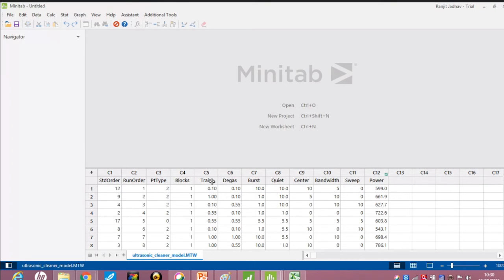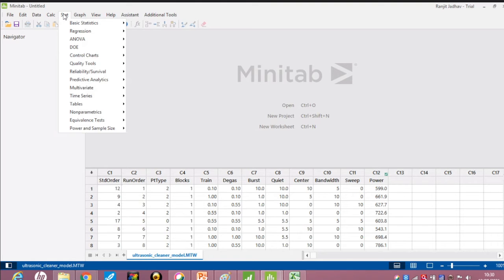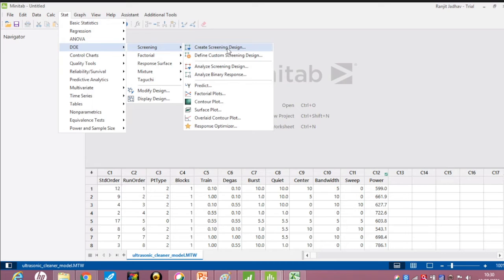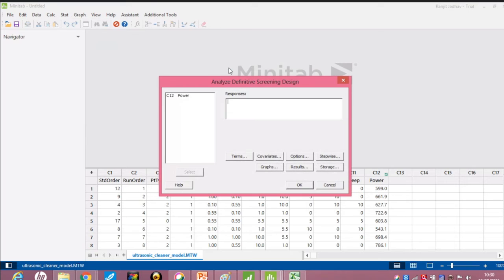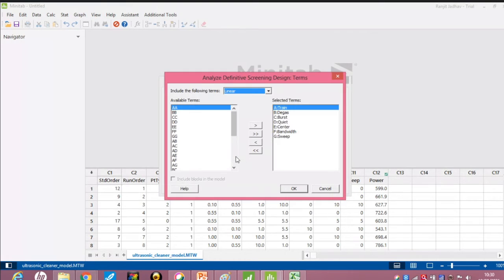So here these are the factors and the power is the response. Go to Stat, DOE, Screening, Analyze Screening Design. Response is power. So all these are the factors.